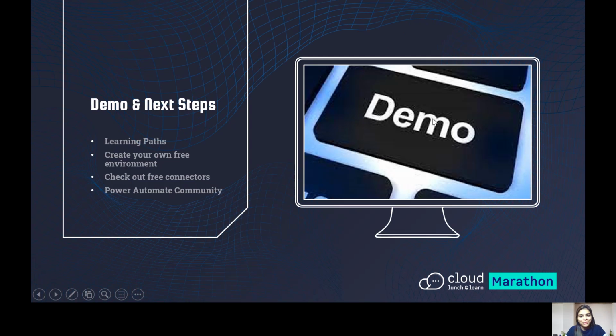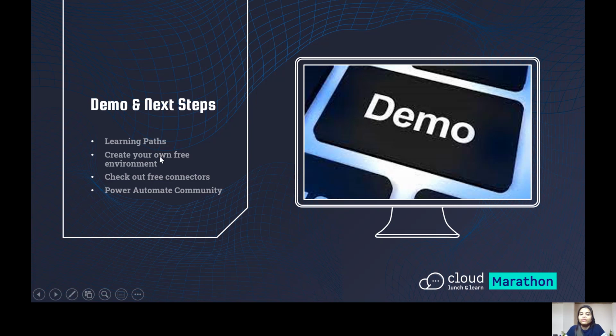Before I move on to the demo part, I know all of you are waiting for it, I would just like to tell you that as next steps, there are learning paths available for us to use. If you know where to start, I would always suggest you go to the learning paths that the entire Microsoft family has created just for you. So please go leverage it and learn, and do tag MS Learn on Twitter and let us know that you're learning it.